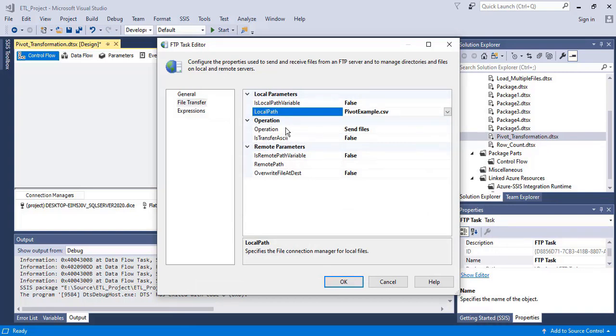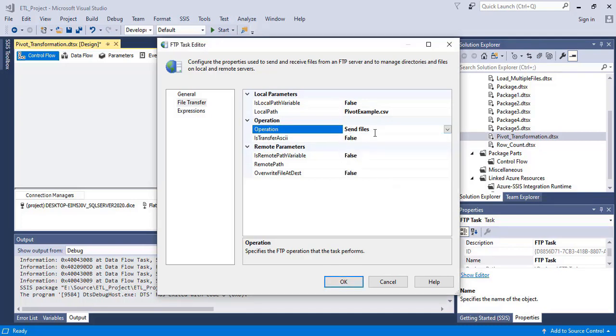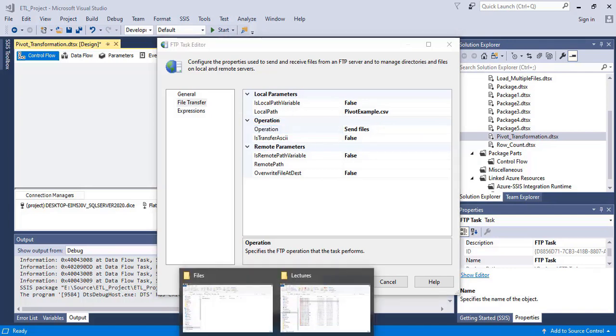Then operation: which operation do you want to perform? You could receive files, but I want to send files from this directory. Which file? I want to send this pivot example.csv file.